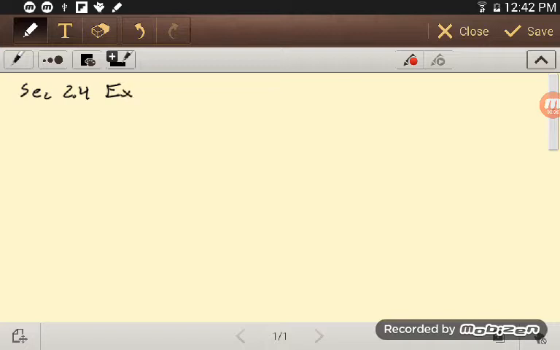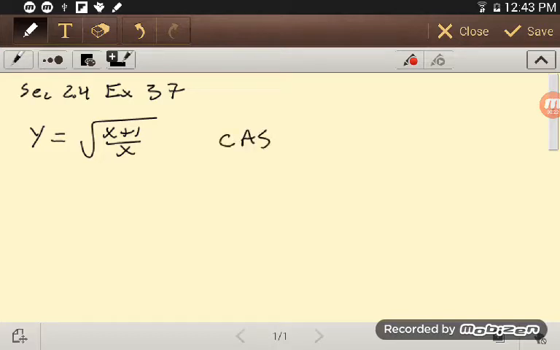2.4 exercise 37. Here we're given that y equals the square root of x plus 1 over x, and we're asked to use a computer algebra system, a CAS, to find the derivative and then graph the function and its derivative. The graph is probably easier done in Desmos. For the CAS we will use